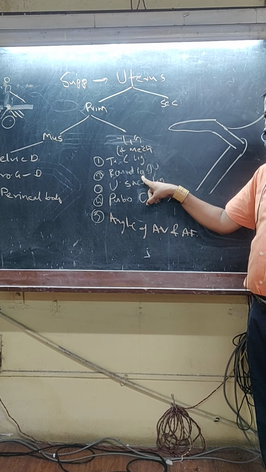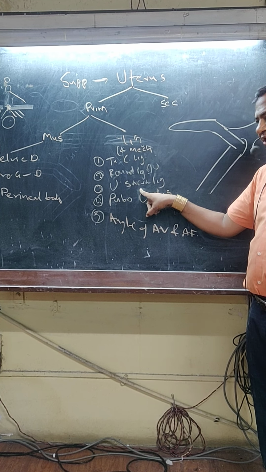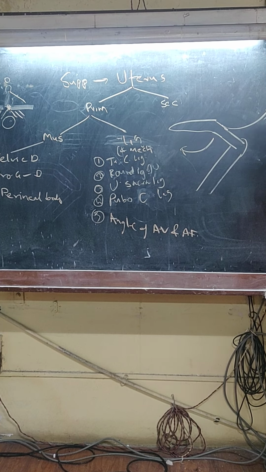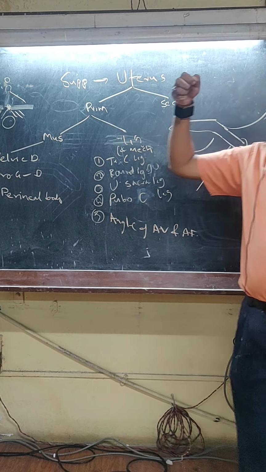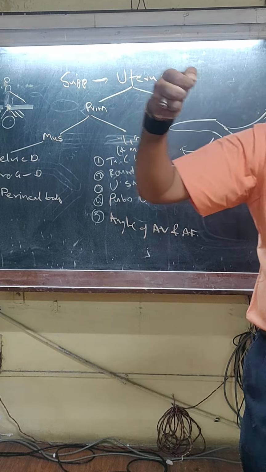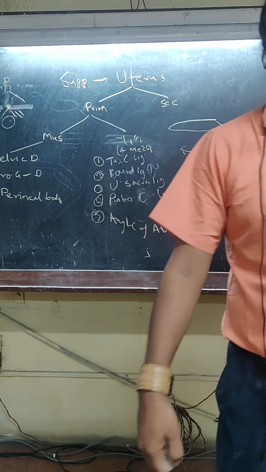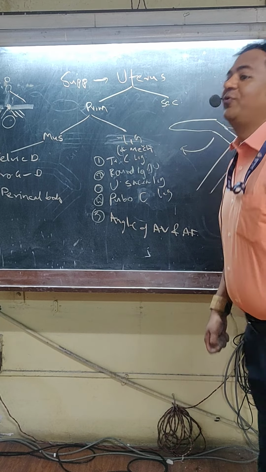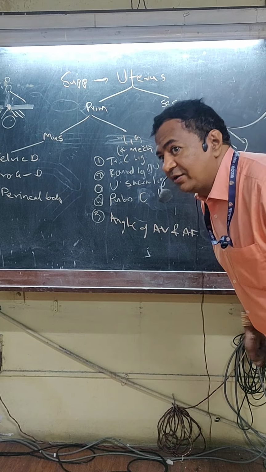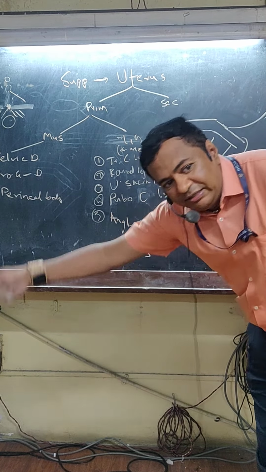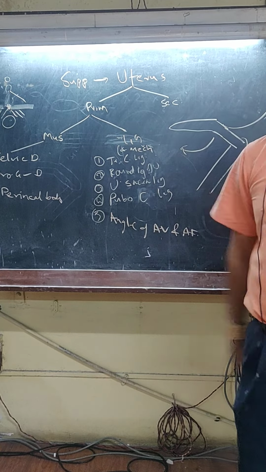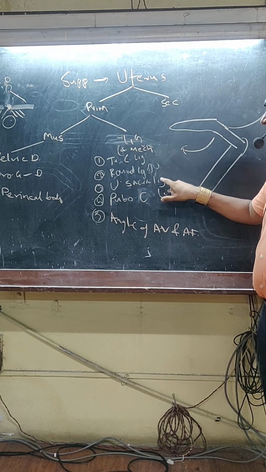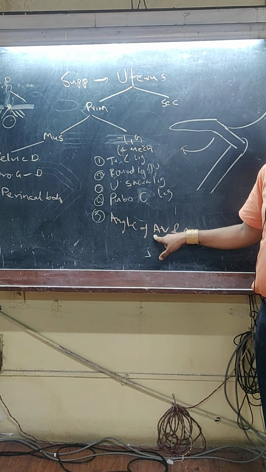Round ligament of uterus. Uterosacral ligament. So round ligament pulls it like this, uterosacral pulls it like this, maintaining the angulation. So how are these anteversion and anteflexion angles maintained? Uterosacral pulling backwards, round ligament pulling forward. By pulling both ways, these two angles are maintained. Okay? So round ligament, uterosacral and these angles.